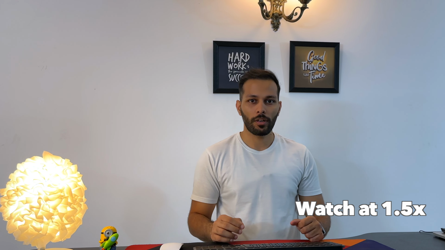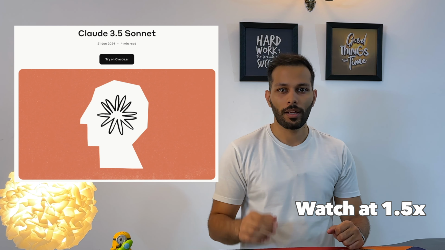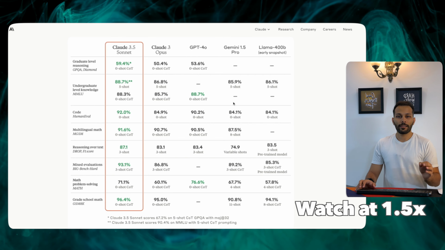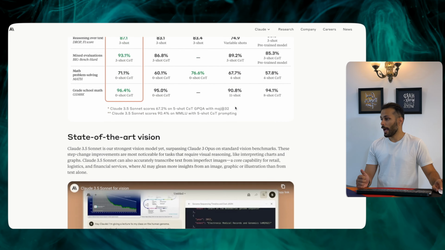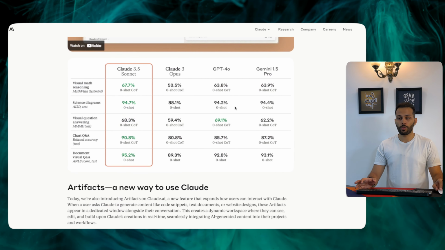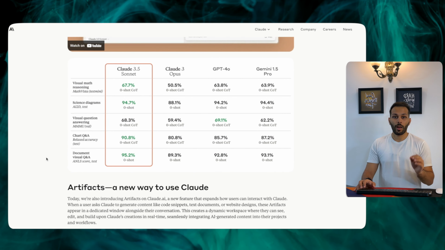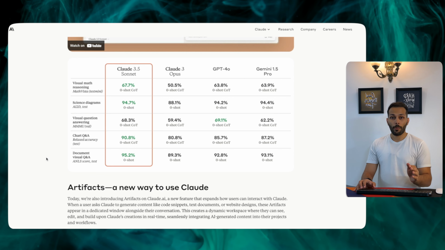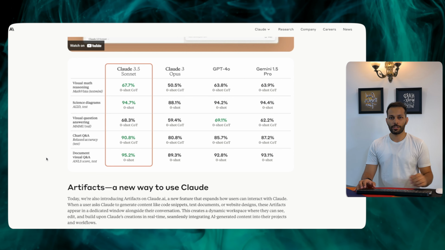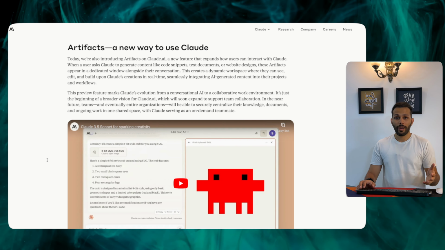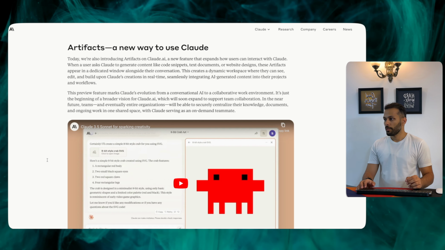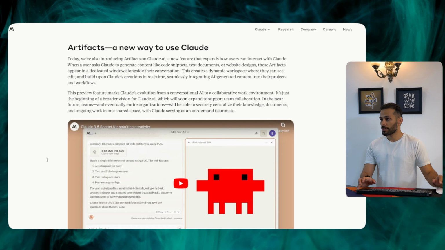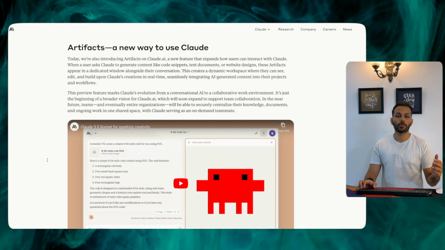Anthropic has overthrown OpenAI's GPT-4o model with their latest flagship model, Claude 3.5 Sonnet. It is currently the best performing model out there in various benchmarks including text and vision, surpassing GPT-4o and Gemini 1.5 Pro. Along with Claude 3.5 Sonnet, Anthropic also released a very cool feature called Artifacts, which provides a sandbox environment for the code and data written by Claude, and also renders and executes the code in real time to show you how the output looks.